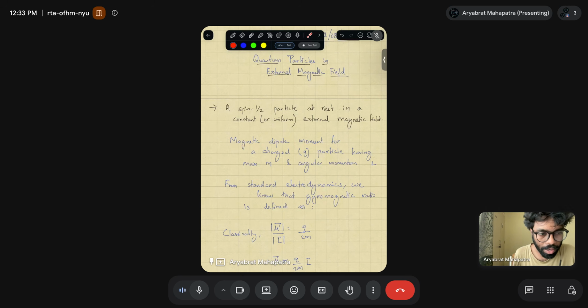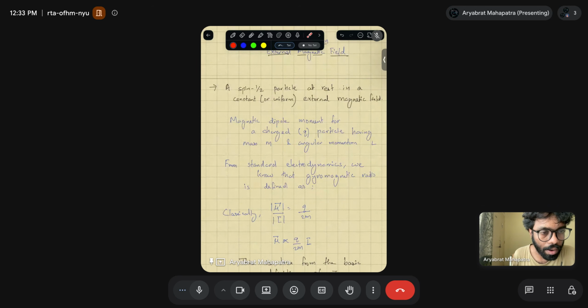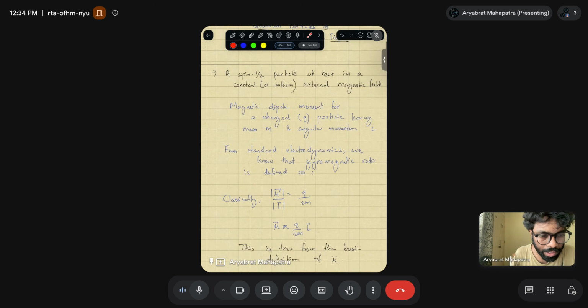If you remember from your standard electrodynamics course, from your early graduate days, just basic electrodynamics, there is a very well-known relation known as the gyromagnetic ratio. It says that if you have a charged particle, or any charged object, and you keep it in an external magnetic field,